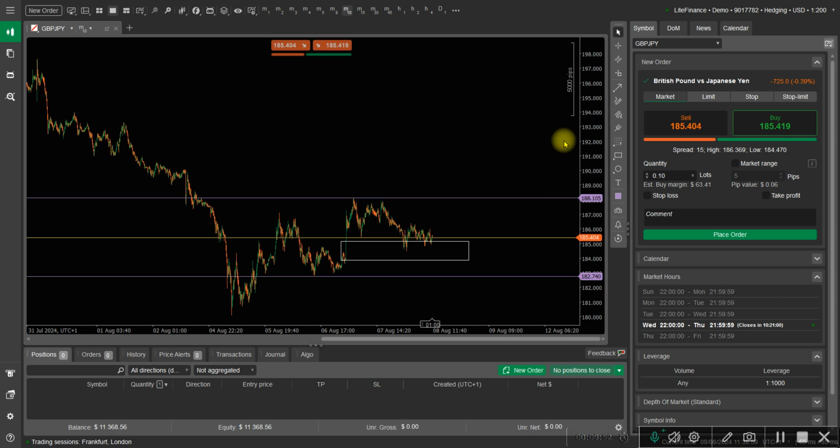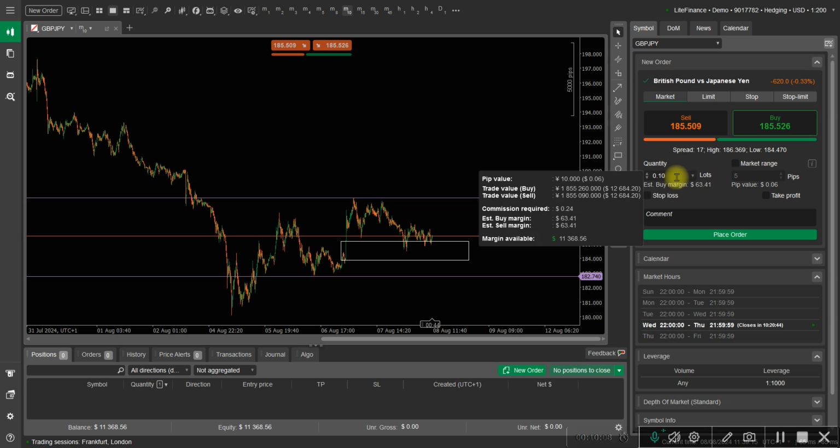Then moving to this part, this is where you place your trades. If it's going to be a market order, let's say I want to buy GBP JPY now, all I need to do is click on buy here. But what lot size do I want to use? That is where this comes in. Let's say I want to use